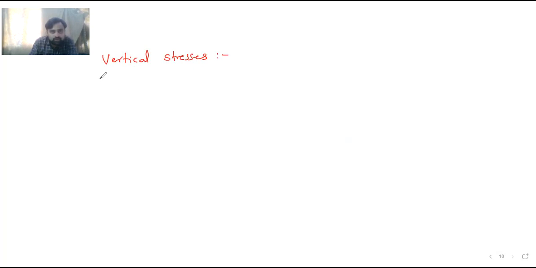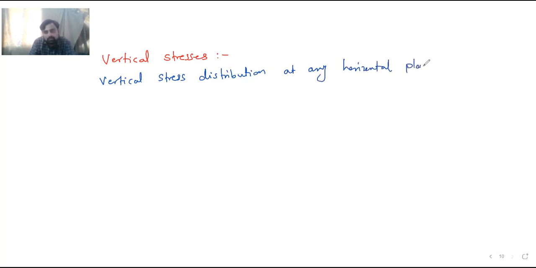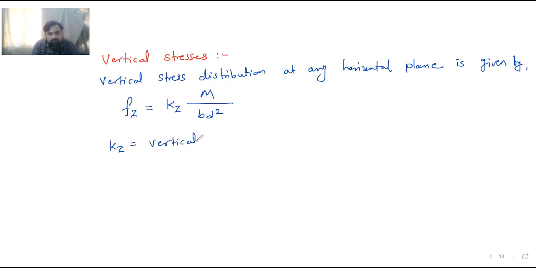So the vertical stress distribution at any horizontal plane is given by Fz is equal to Kz into M upon Bd square, where Kz is equal to vertical stress factor. Okay. Then M is equal to moment